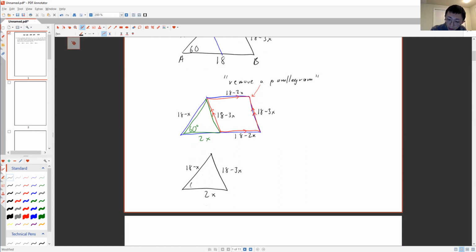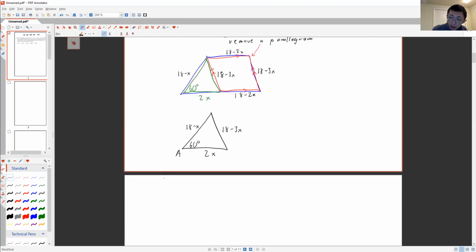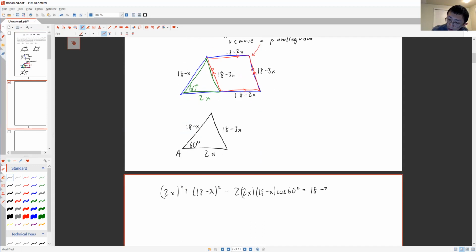If we use the law of cosines on the 60-degree angle at A, we'll get the adjacent side squared plus the other adjacent side squared to the 60-degree angle, minus 2 times the cosine of the angle in between, equals the third side squared. So if we expand this all out, let's make that 9. So 54, 108